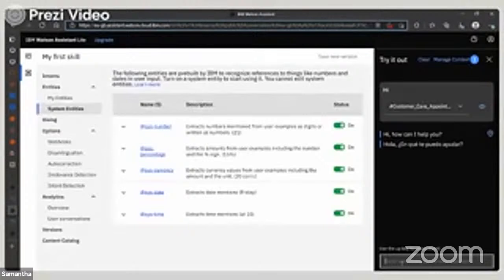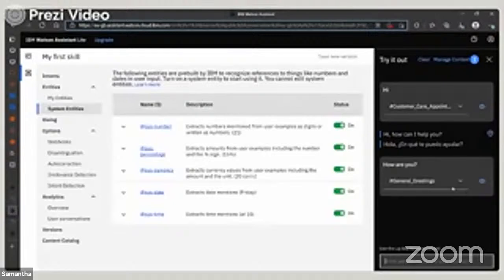This is constantly training. Could we suggest something else? What else could we say here? How are you? Okay. Has it trained on that? Let's see. Has an intent been trained on that? It has, but it needs to be added to the dialog flow. So that's something we need to add into the dialog flow. It's not there yet. You can tell it's not there yet because it hasn't responded, and it hasn't given you a logical